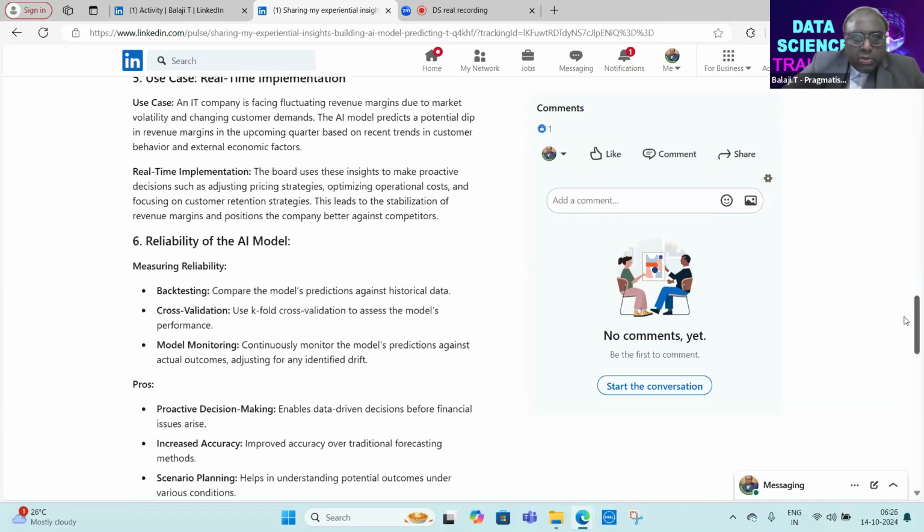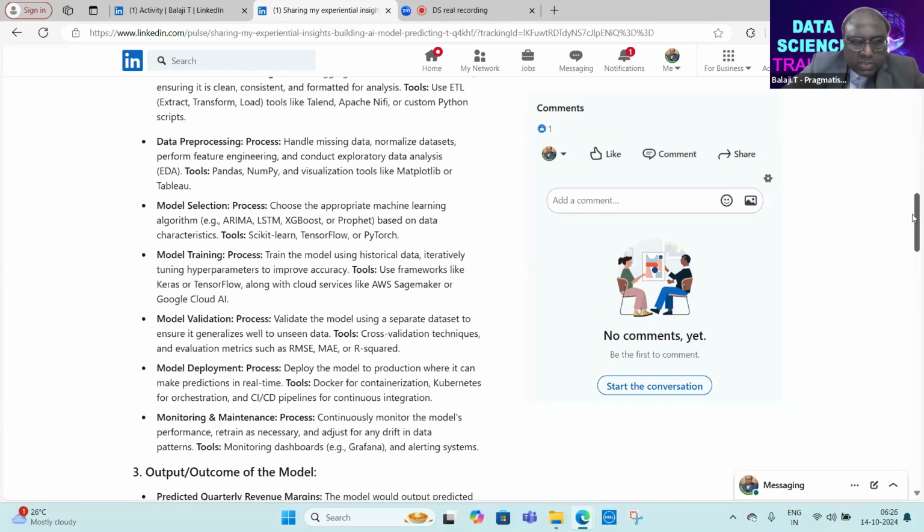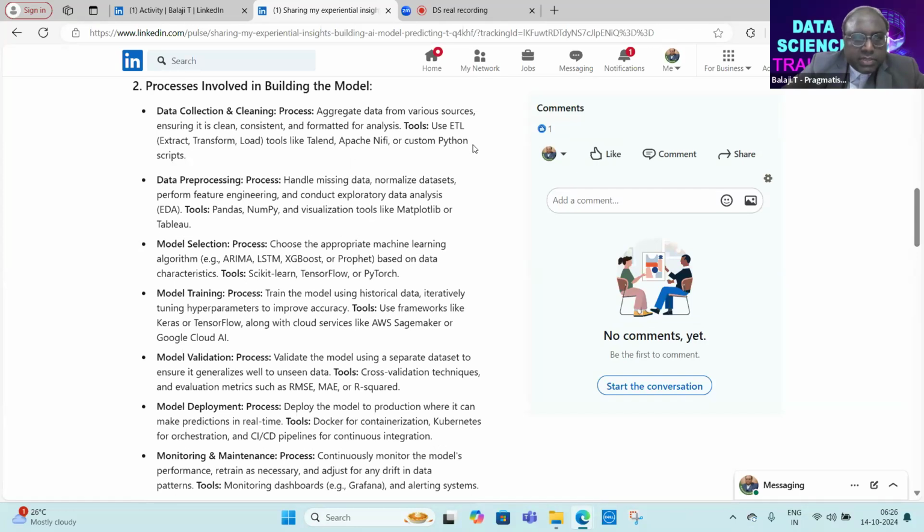So what you need to do is, for now you are just trying to know the subject, right? You pause this video and take these terms, like use ETL tools like XYZ, whatever the name. And for data processing, I have mentioned pandas, numpy, visualization tools like matplotlib or Tableau. You can even use Power BI also. Then you try to do a Google search on these individual terms and get to know the subject.